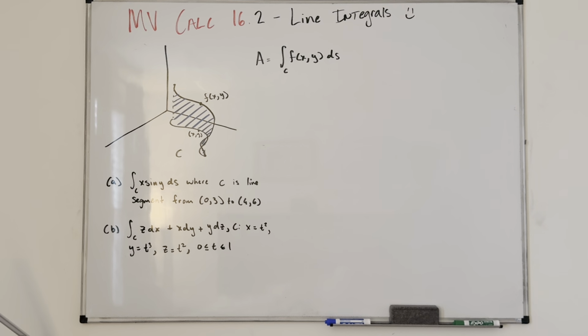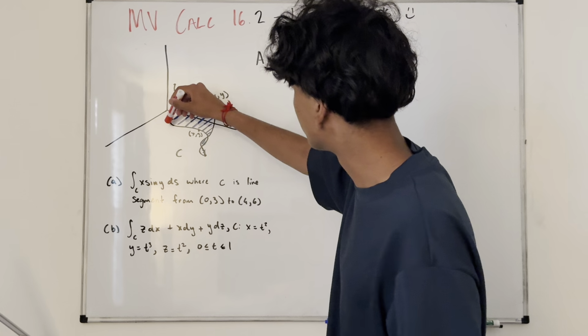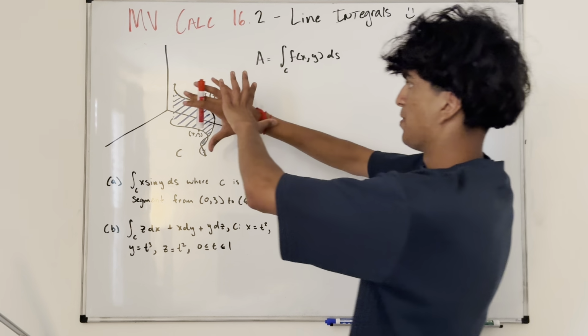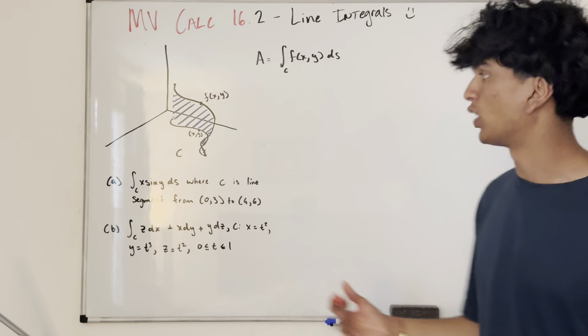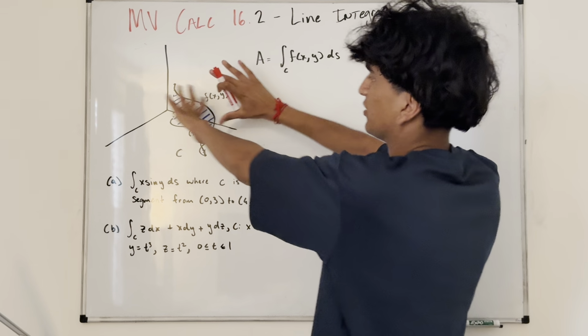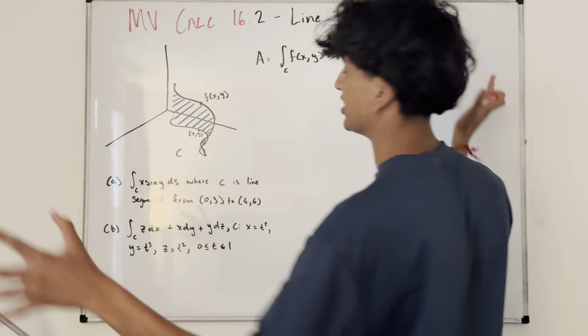So let's say we had a curve C on the xy plane. This curve is just on the xy plane. And let's say we had a surface kind of over it, some surface f of x y. Now, what you'd imagine is that the surface is going to extend like a sheet of paper,